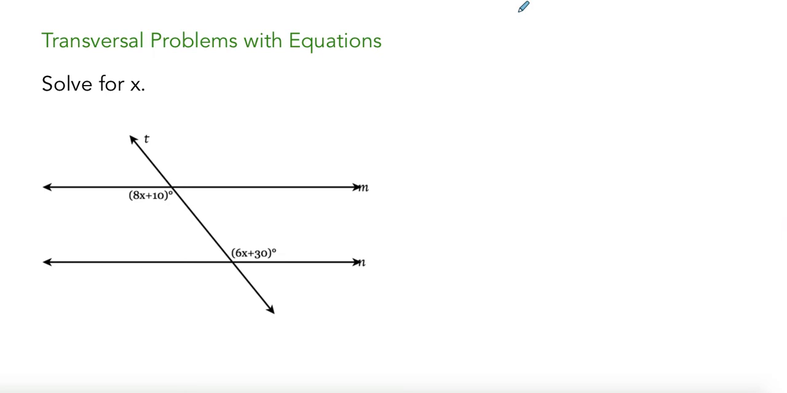But what about transversal problems with equations, where you're given variables and you have to solve for the value of x? Well, they're the same as ones that we've looked at before. To first solve this problem, I'm going to label all of my angles that are congruent to one another. Now I can clearly see that 8x plus 10 is going to be the same size or equal to 6x plus 30. To set up my equation that I'm going to use to solve for x, I'm going to write